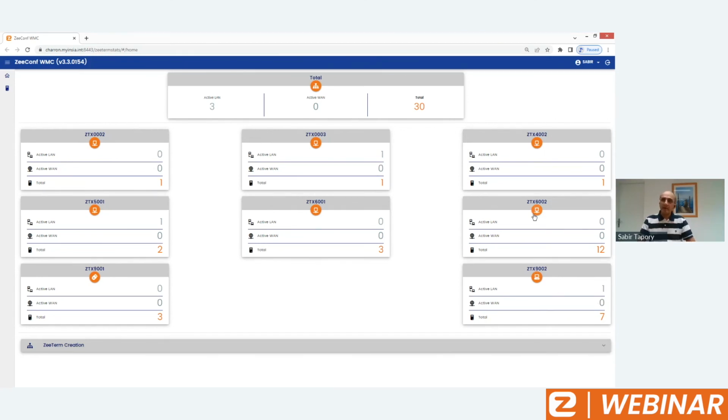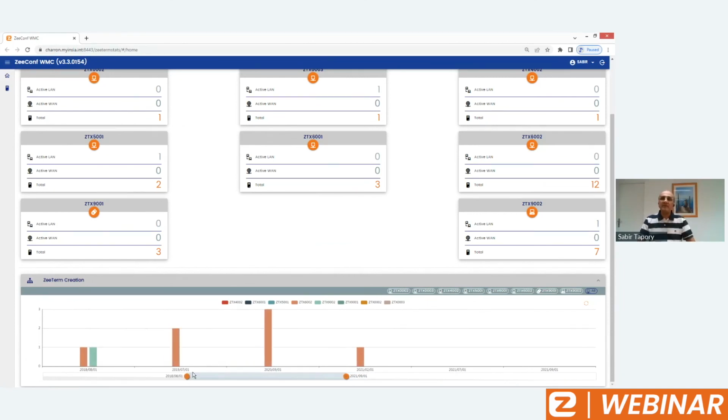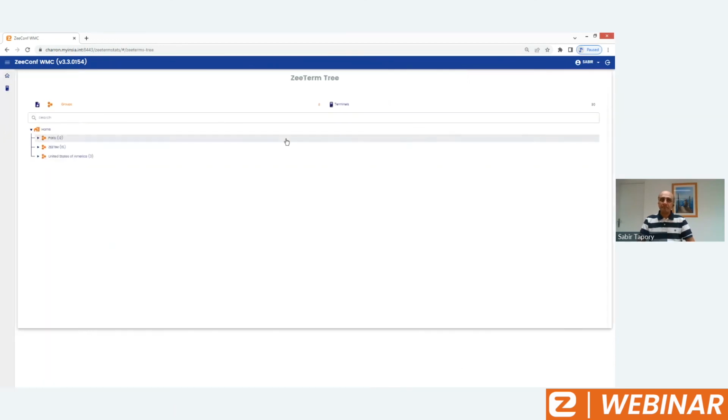Of course, you will see here that these are repurposed devices. These are our little square devices, 6002. These are devices that have just booted using a USB key where the operating system is installed. You can follow any deployment from here. You will see the number of devices you have deployed, when, and if new devices were deployed, so you can follow that there. An interesting thing, I think, for the help desk people